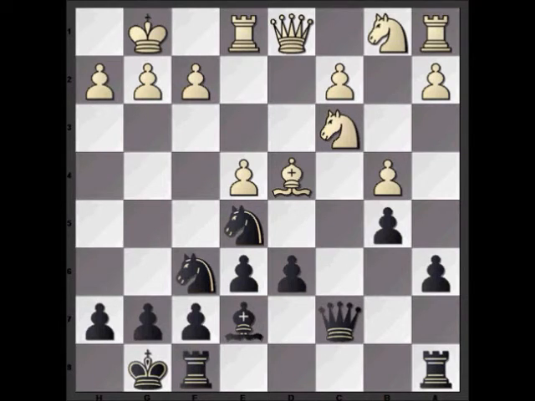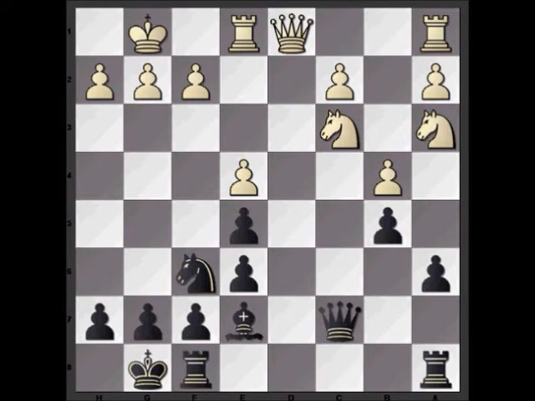Again, notice that if he took on e5, if he took my knight on e5, then after pawn takes, there's no way of defending both the knight on c3 and the pawn on b4. I noticed that these double pawns are very good. This one controls the d4 square for my pieces, and white can't use the d5 square because I've still got